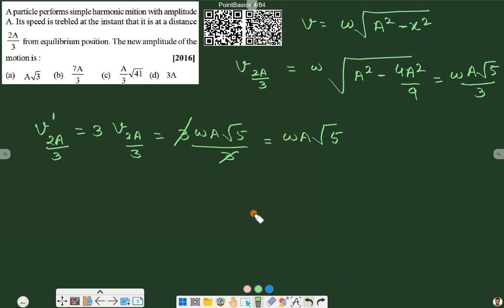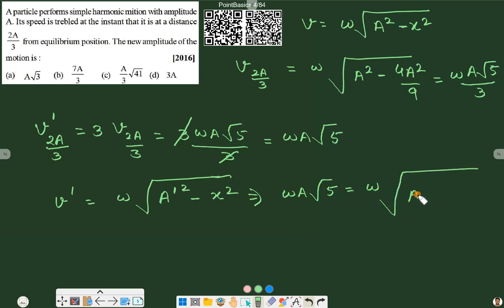Now, when we triple the velocity, its time period will not change, because time period does not depend upon its velocity. Inversely, velocity depends upon the time period. So here time period will not change, so omega will not change. So we can also write that v dash will be equal to omega times root of new amplitude a dash square minus displacement from the mean position square. So new velocity is omega a root 5